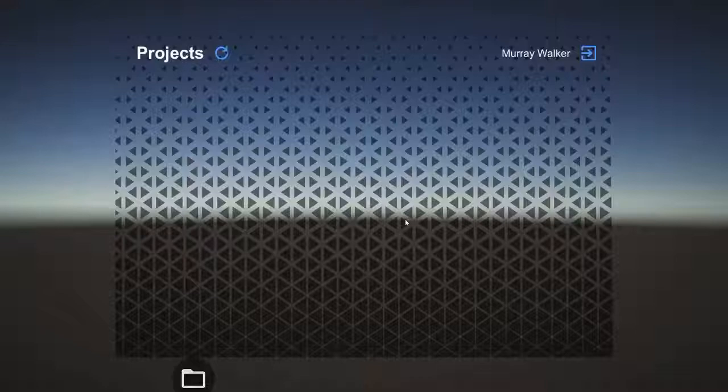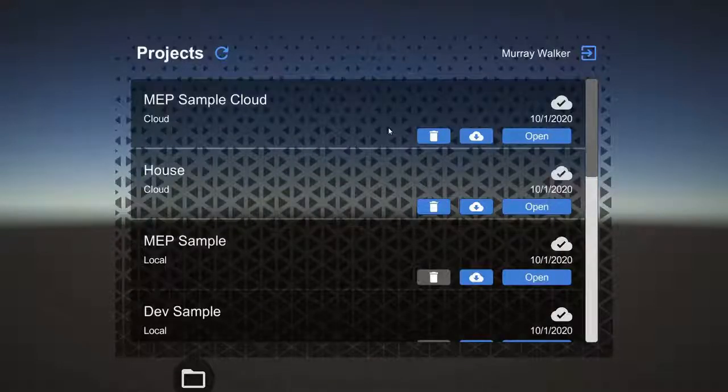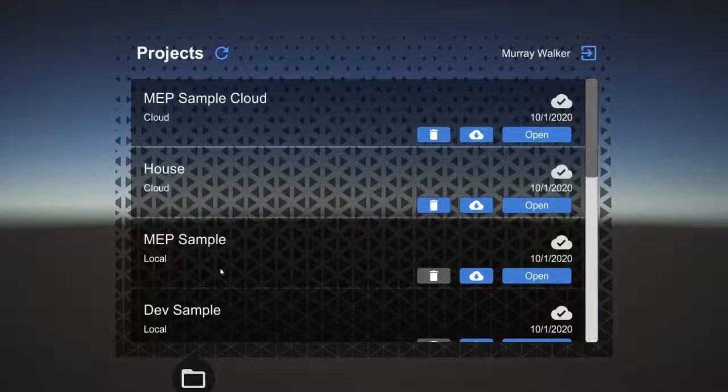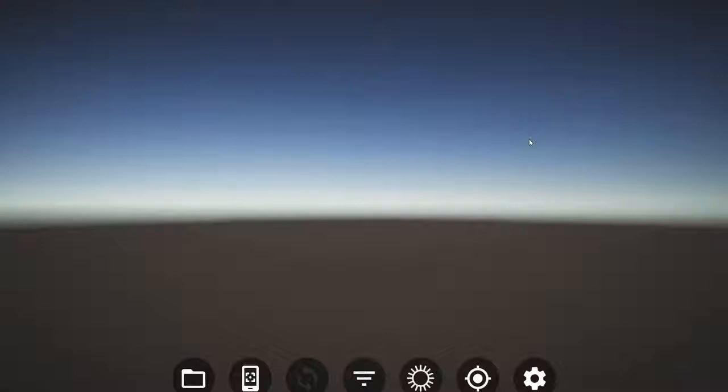So you can either publish projects via the cloud from Revit, or you can do it locally. Obviously, the cloud gives you more flexibility in terms of who you can share your models with, but you can also keep it private and share on your local network, which is quite nice. So I am just opening this project up. You'll see it loading in, but what's actually happening here while it's loading is that we are acting with our custom tooling on the metadata that's being streamed into the scene here,